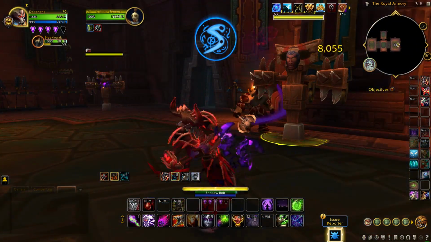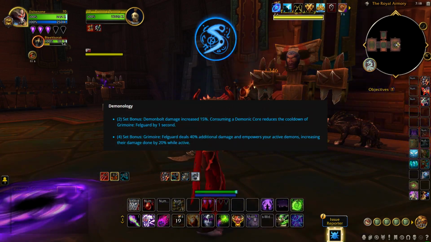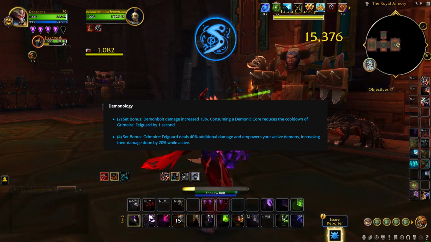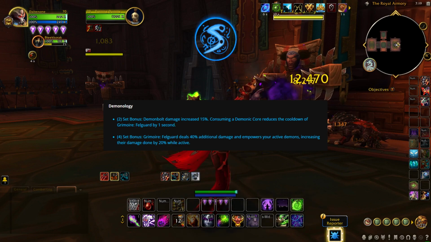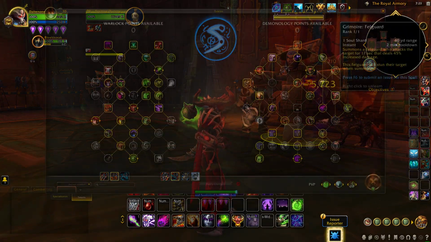Demonology Warlock gains new mastery over the demons that you summon. The 2 set increases the damage of Demon Bolts. Consuming Demon Bolts instant procs helps reduce the cooldown of Grimoire Felguard by additional seconds. The 4 set empowers your summoned Felguard by 40%, while your other pets deal additional 20% more damage while the